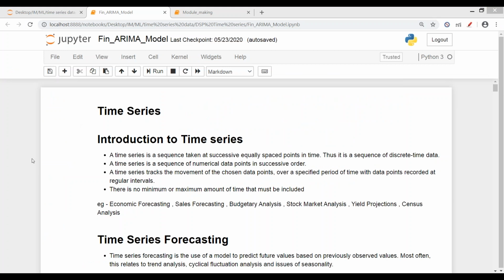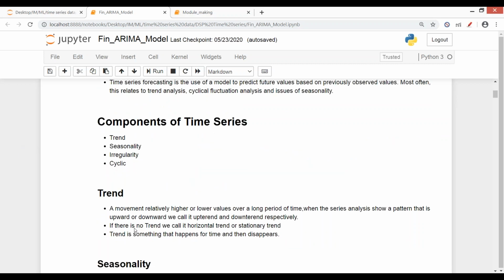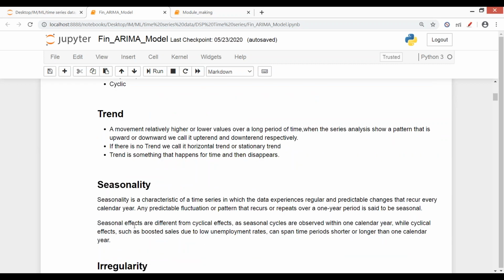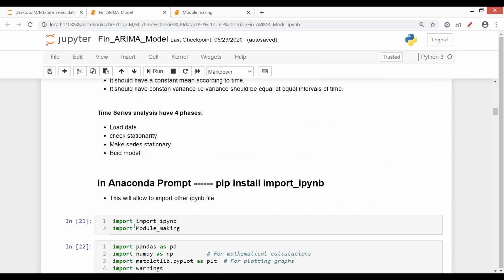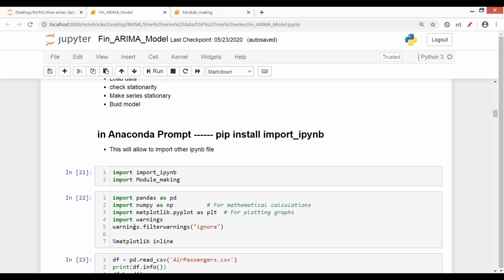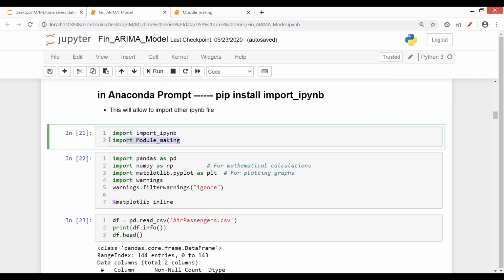I'll share it. So initially in this is the theory part, that what time series is, and what the components are, what trend is. It's just a theory part so that you get to understand a little bit. Okay. After that, the same thing, module making.